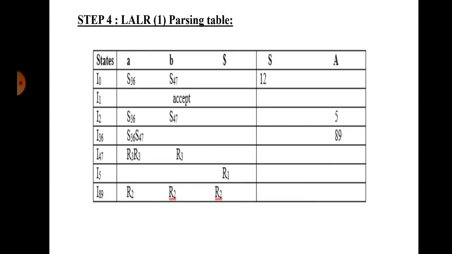The same concept is used as in SLR parsing, but here we are combining 3, 6, 4, 7, 8, 9. So we do not write I3 and I6 separately. We combine I36, I47, I89. The same steps are followed for the goto, shift action and reduce action. Shift action is written according to the item present, but for reduce action we find the follow value. So this is the LALR parsing table.